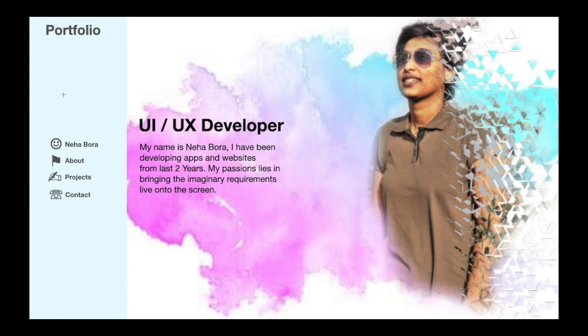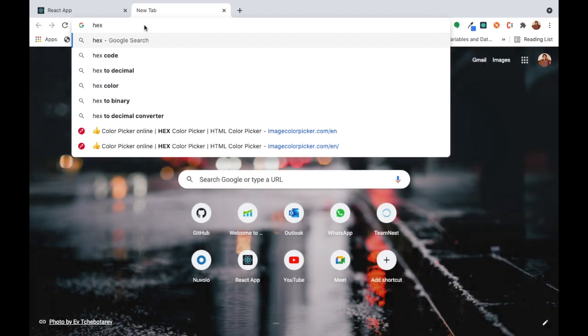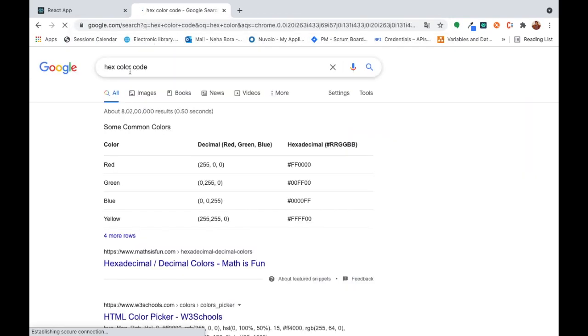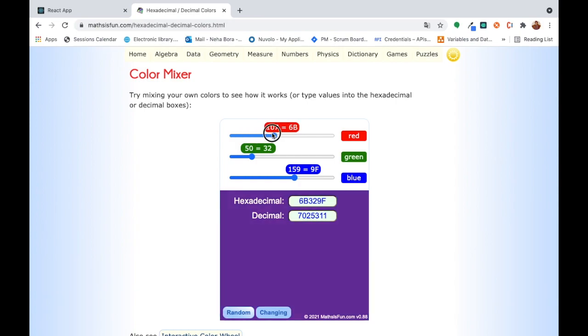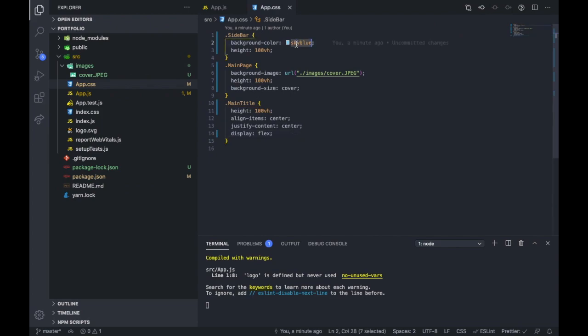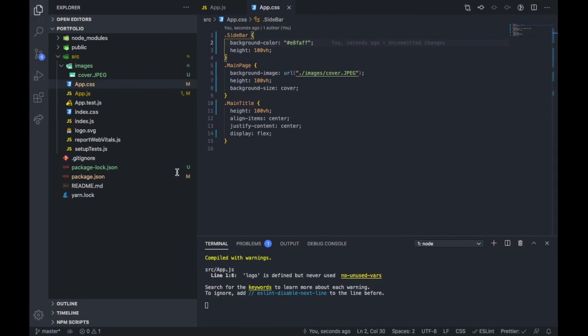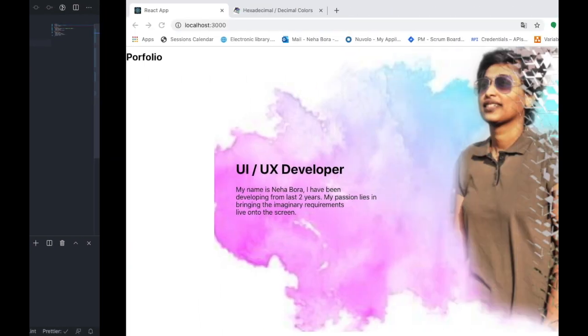First of all, the color is not the same. So to match the color, what we are going to do is we can give the hex code which we need. So for the hex code, we can go to the website here, and you can make your own color and generate the hex code. For the color which we want to add, I've already adjusted the hex code and generated it. So this was my hex code. You have to use hash before the hex code, and sorry, you have to write it without the quotes. I added the quotes by mistake. And yeah, here is the color which is matching.